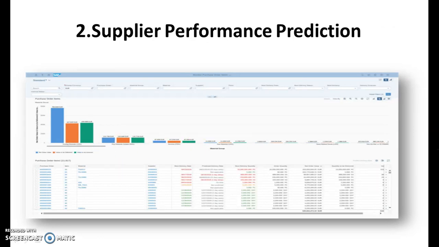So we can basically predict the supplier performances based on the AI, the artificial intelligence imbibed into SAP S4 HANA 1811. So let's imagine a scenario wherein you are a purchaser responsible for key raw materials orders ahead of a holiday rush, and you know that if the supplier is late delivering, it might have significant downside impact on